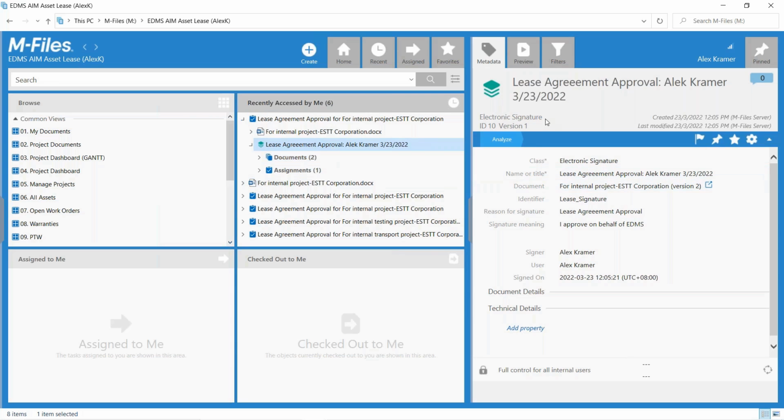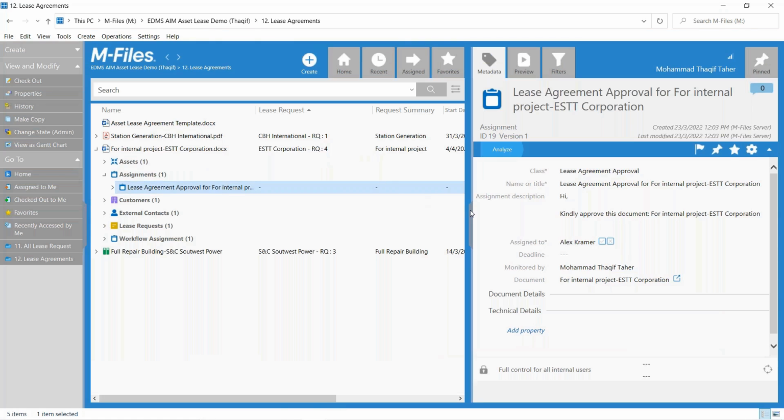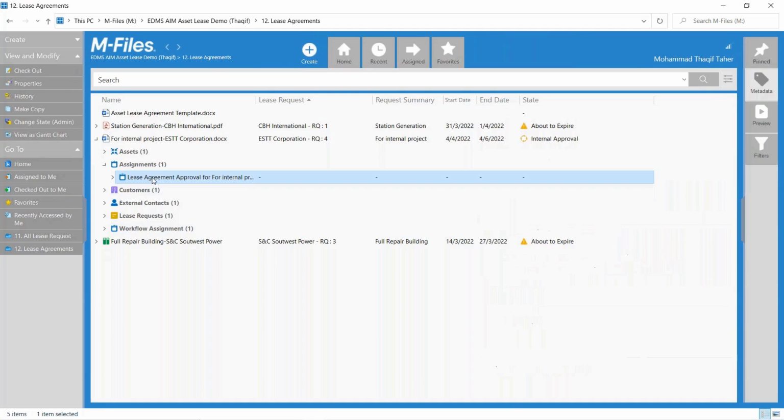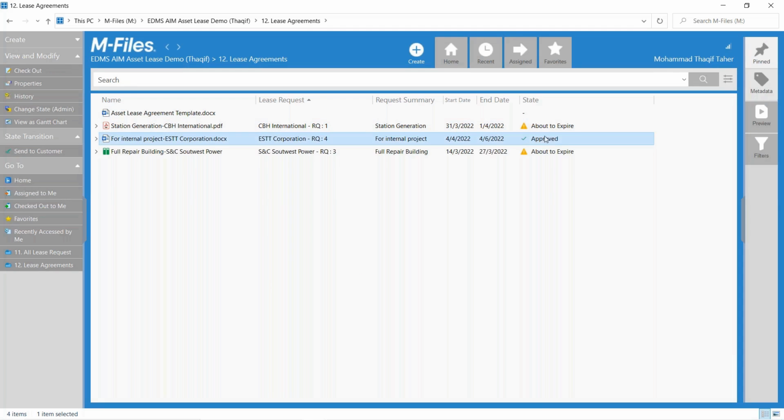All right. So if I go back in as the system administrator now, and I refresh the screen, you can see that this particular document is now approved. So what I can do next when the document is approved is, yes, we can send this approved document to the customers, but